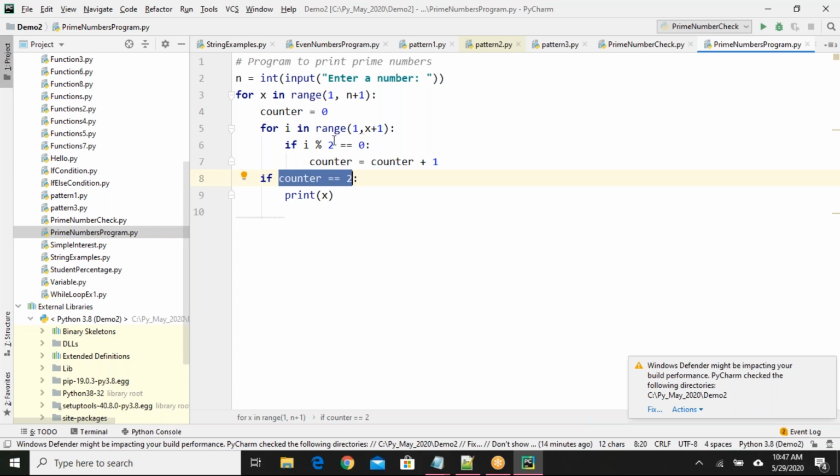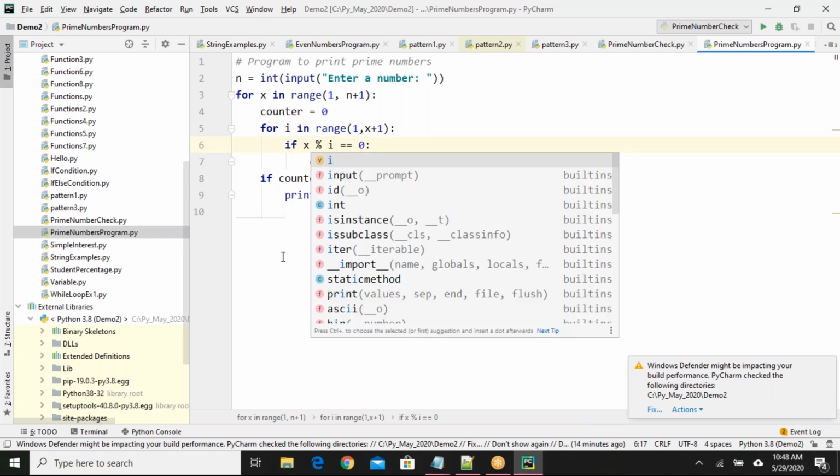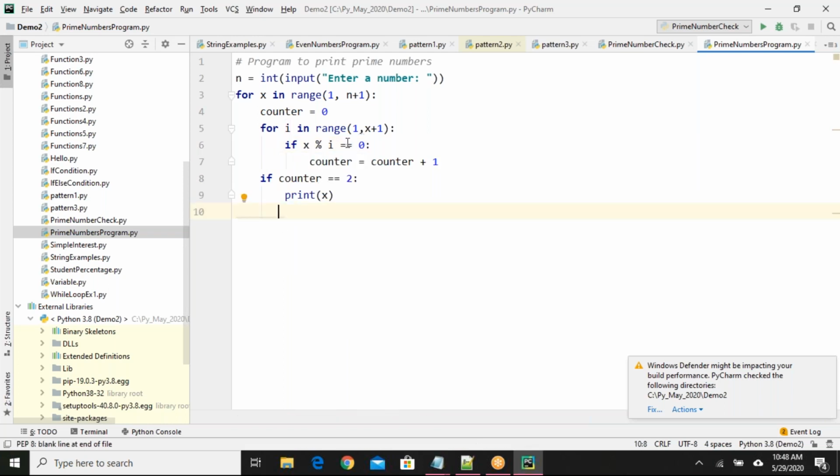Oh, sorry, here it should be x modulus i. Sorry, it's a typing mistake.